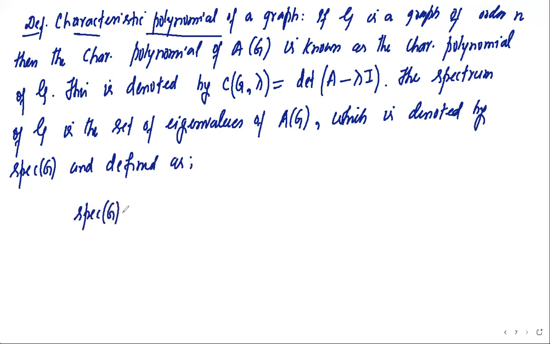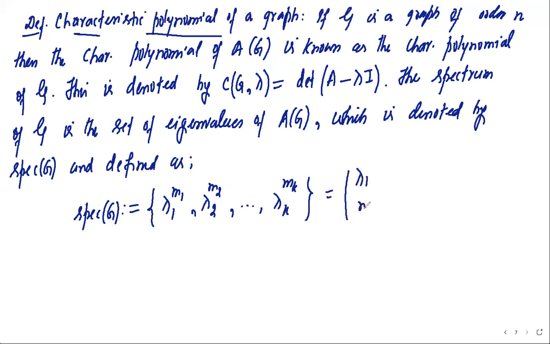This is spectrum of G, equal to a set: lambda 1 with m1, lambda 2 with m2, and so on, lambda k with mk. Or this is also written in this way: lambda 1 power m1, lambda 2 power m2, and so on, lambda k power mk,